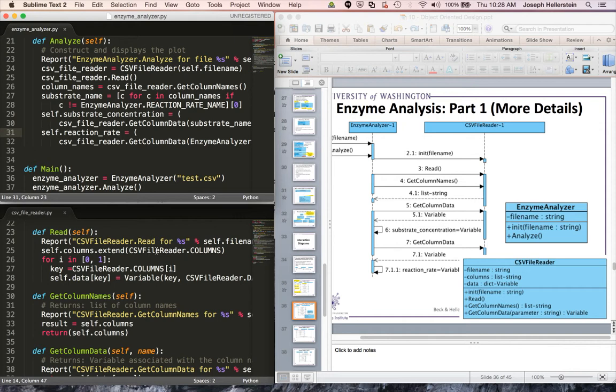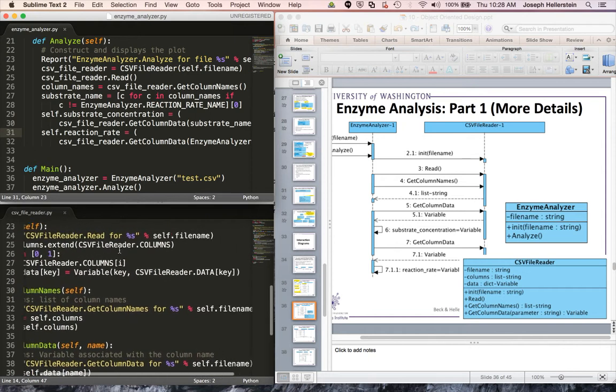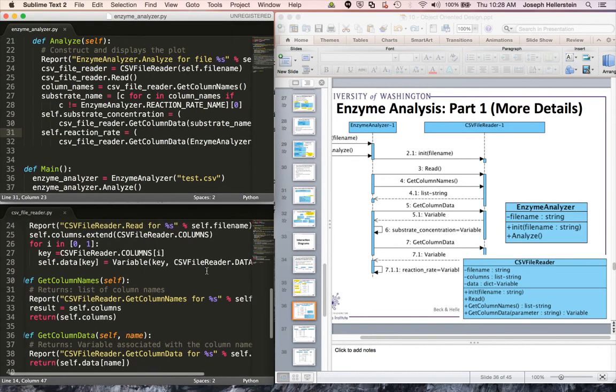It's adding the column names. This is basically just saying if you want to append one list to another, that's what you do with extend. So this just says copy the column names into that empty instance variable. And then what it's doing is it's using that,